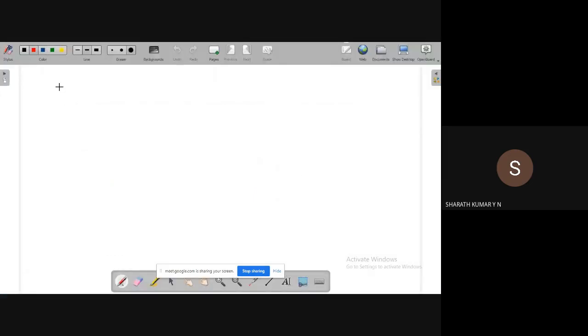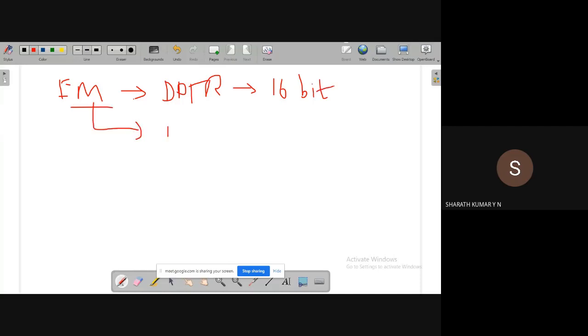Generally, when we discuss external memory, the first thing that comes to mind is DPTR, the data pointer register, which is 16-bit in size. To access external memory, we use the instruction called MOVX. One possible instruction is MOVX A, @DPTR, used when external memory is the source.